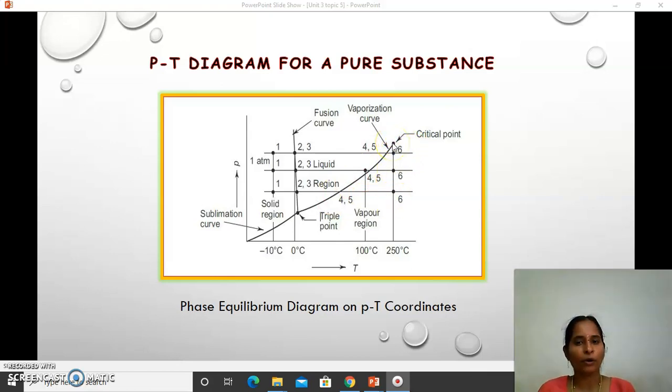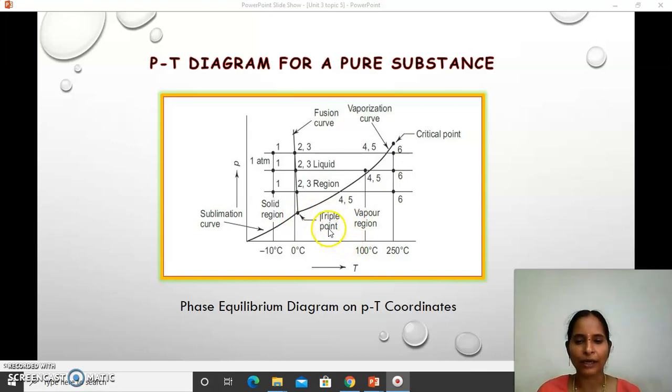Above which this is the critical point. At this critical point, if you give any liquid, immediately it will flash into water vapor. So here also we have joined the same states together, and you can clearly get these three distinct curves, and the joining point is called the special point named the triple point.